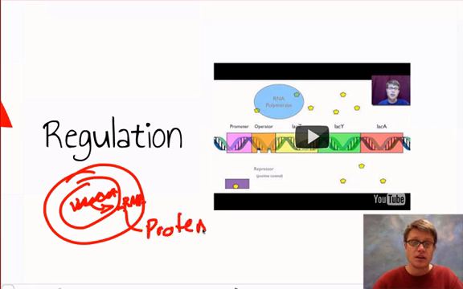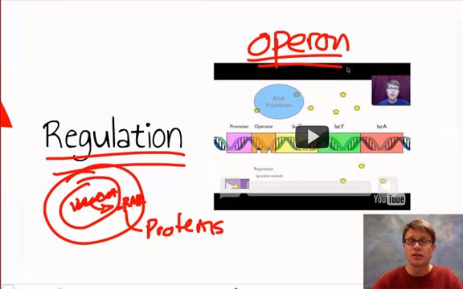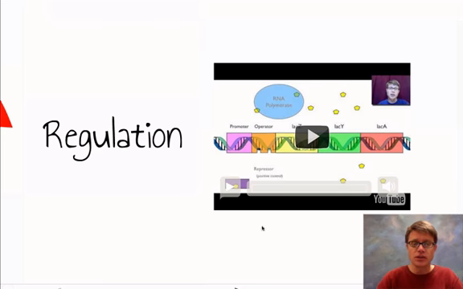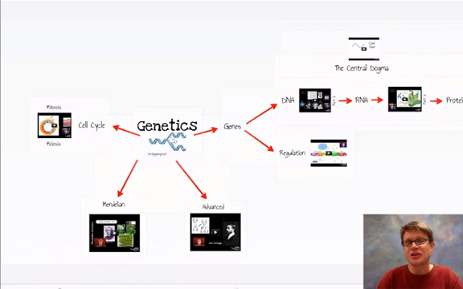But in this unit on gene regulation, we're going to talk about how we can turn genes on and how we can turn genes off. That begins with a discussion of the operon, which is found in bacteria. It's a simple way that they turn genes on or genes off. And then in eukaryotic cells, we're going to talk about transcription factors and how they can turn a series of genes on or genes off. And so that's how we'll finish out the unit on genetics. And so that's a preview of the unit to come, and I hope that's